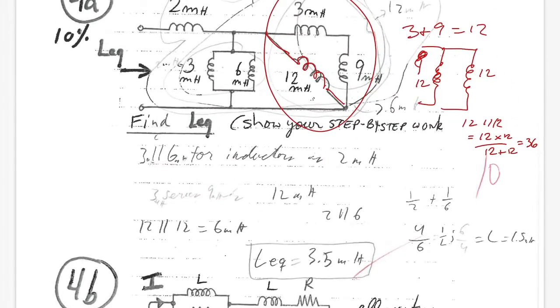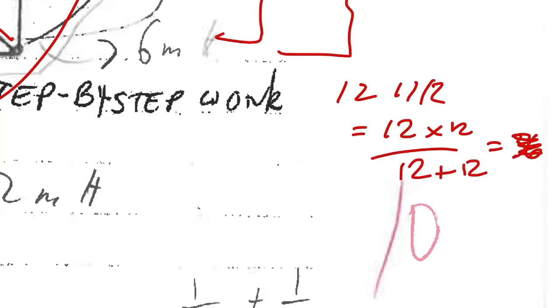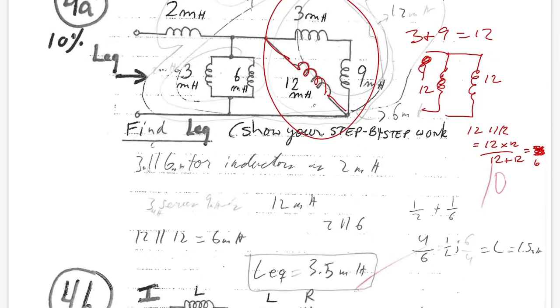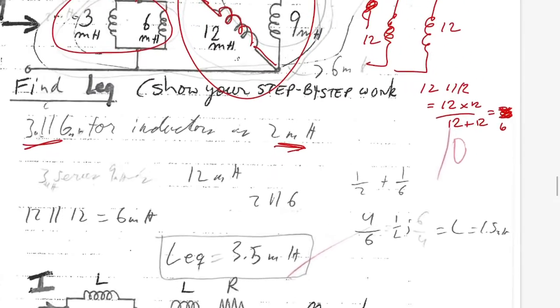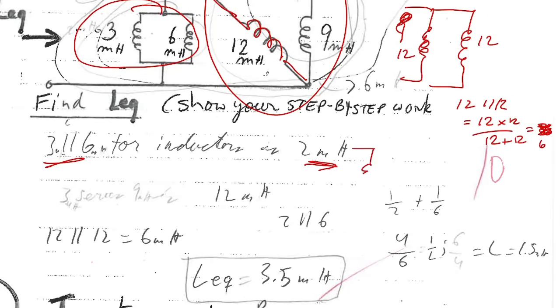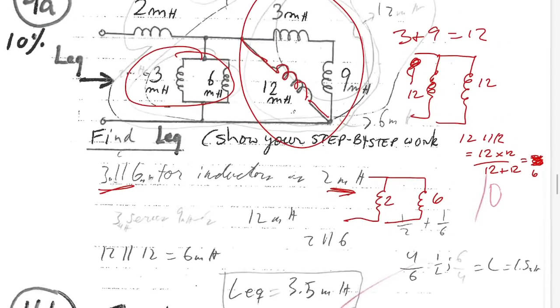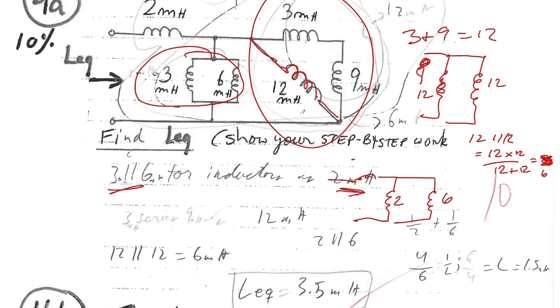All right, and then we have, oh, I'm sorry, it's not 36. That's 6. Okay, and then so looking at this part here, 3 parallel with 6, let's see, it says right here is 2. So then our new diagram will be 2,